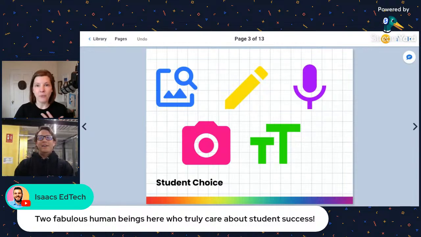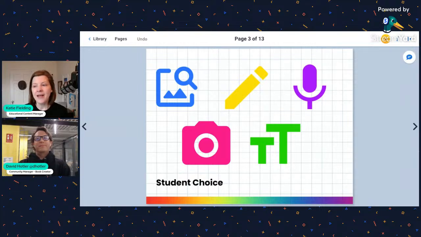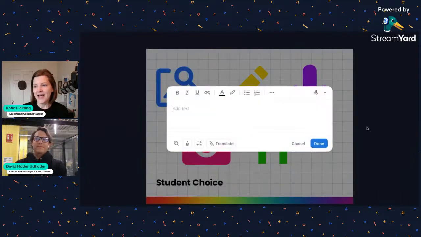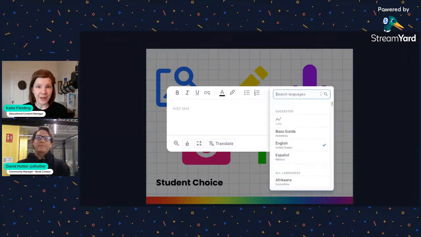I personally love that we have and highlight these 5 choices. When I'm designing my content, I like to use these icons to remind students that they can choose. Am I going to use my voice to share? I'm going to type. And also within these choices, there are some options too. For instance, in our text tool, I can do speech to text. So if I'm more comfortable with speaking, but I do want the words on the page, I can use that tool. And I can additionally do it in my home language if I'm a multilingual learner. So while it may seem like there's 5 choices, there's really a plethora of ways that we are enabling students to create and share their stories.